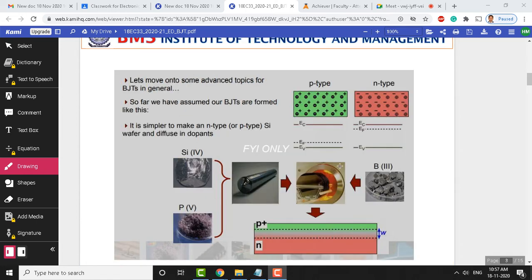Okay, we started introducing BJT fabrication in order to explain to you the drift in the base region. This is the fabrication steps which shows you either we start with N type of material or P material as the base, and then on top of that we dope with the different materials. In order to make an NPN transistor, we start with N material. This acts like a collector.